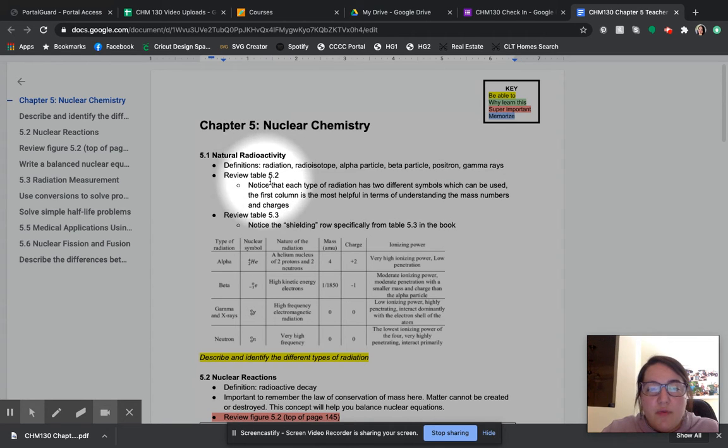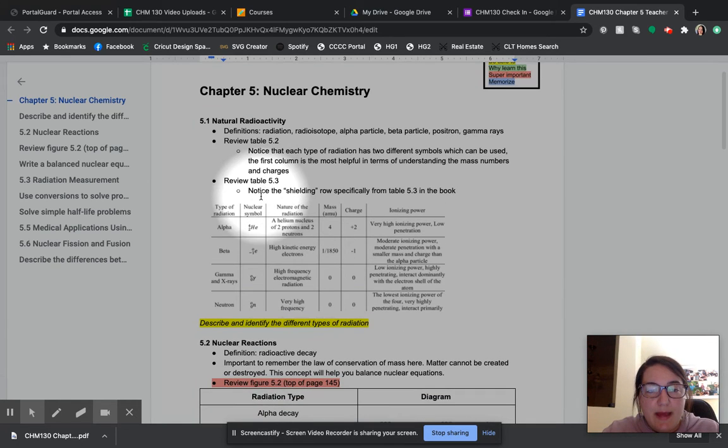I have pointed out Table 5.2 from your textbook. The reason I want to draw your attention to that is because there are two different symbols for each type of radiation, and they are used interchangeably. One is not more correct than the other, so you should know both of them because they're used interchangeably. So I wanted to explain that, and then